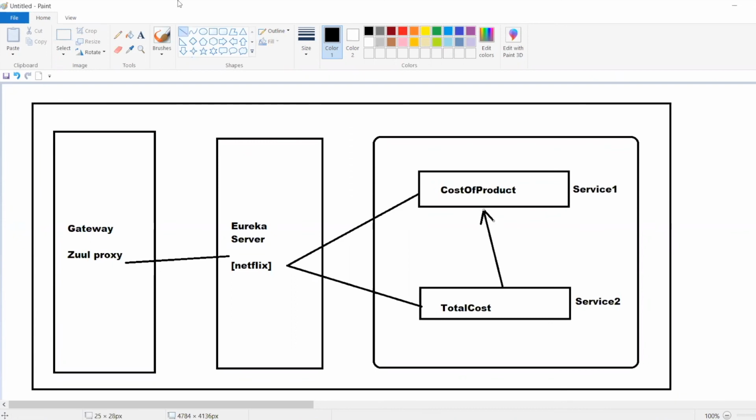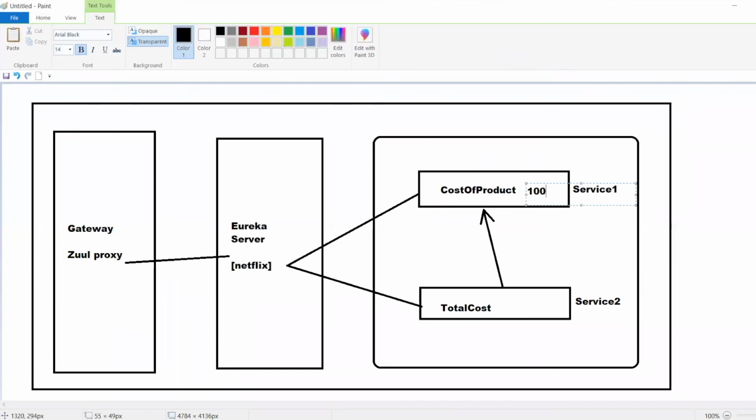For example, I'm purchasing one t-shirt. The cost of product application gives 100 rupees. Totally I'm purchasing 5 products, so 100 into 5. Whatever response is given by this service, that response is given to another service. Then we get the total. So one service is communicating with another service. That is called inter-service communication.